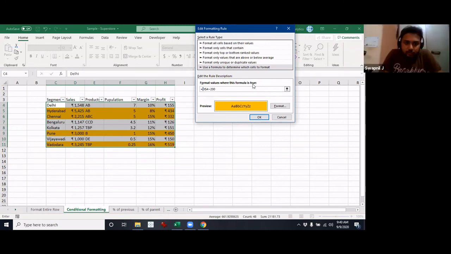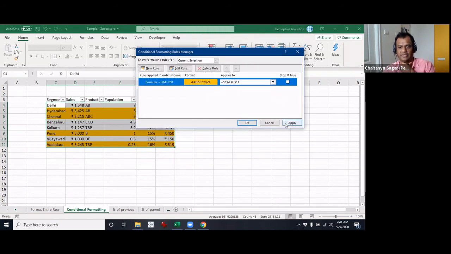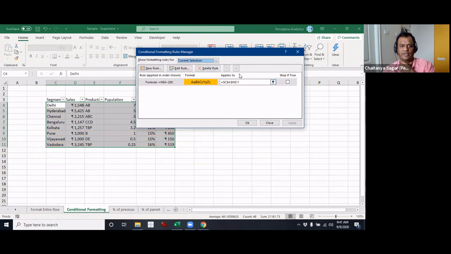It will check for the first row only, and based on that value, our column D would be selected. Column F won't be highlighted, and similarly I think the margin will be highlighted. Okay, we'll check whether that satisfies or not. Click OK. So that did not happen.